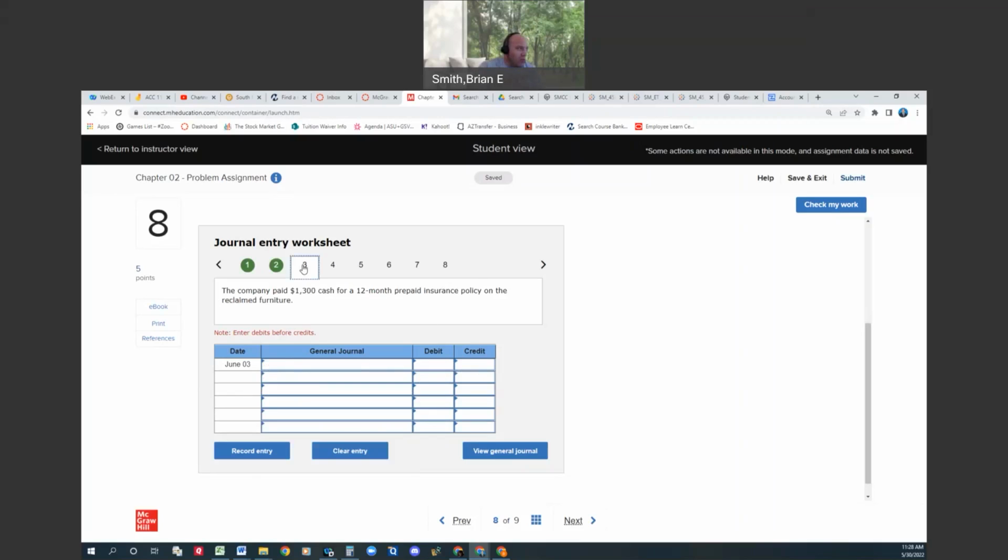That concludes that one. The company paid $1,300 cash for a 12-month prepaid insurance policy on the reclaimed furniture. All right, so basically, we wanted this furniture to be insured for 12 months. So remember, we're not expensing this because we haven't used it yet. We're buying it for 12 months going forward. So what we're going to do is debit prepaid insurance. That is an asset, not an expense yet because we haven't used it. We're prepaying it. So we're going to debit prepaid insurance for $1,300, and then we're going to credit our